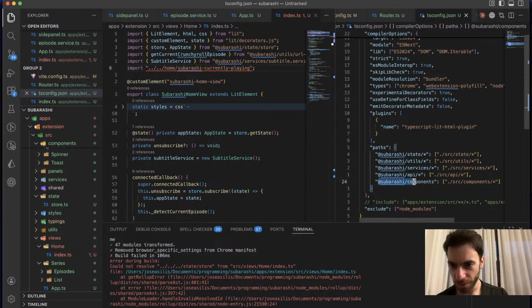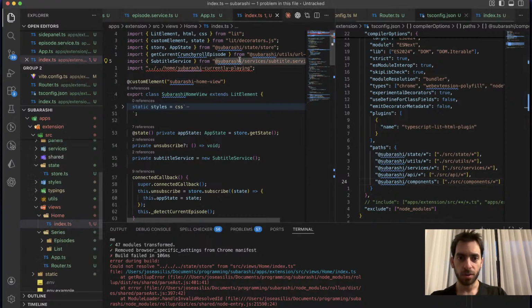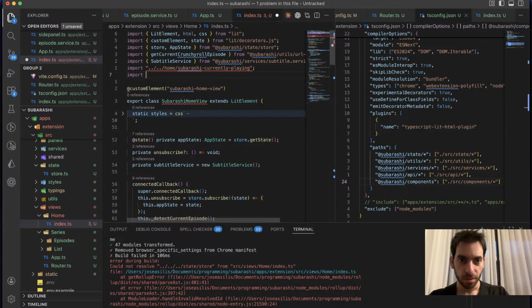This key is going to be the path that you're going to define. If you add an asterisk at the end, that means you'll tell TypeScript to use the entire directory that comes after it. If not, then it's only going to include the file that you're going to ask for. For example, if I only specify components, you're going to see that for the currently playing import,